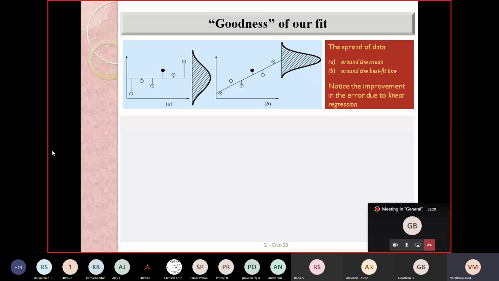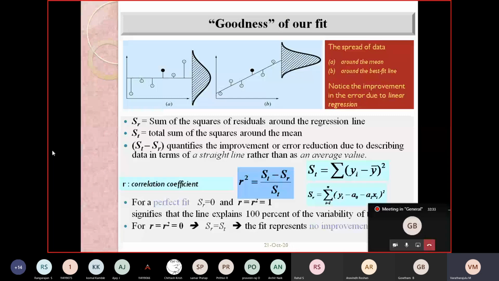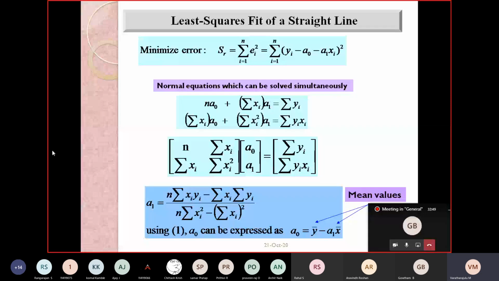During the consideration of the regression, it will automatically have a control over the error, and the other terminologies related to correlation are out of our scope, no need to worry about these various terms. What we have to learn is that there are two different mathematical models: a sigma x square plus b sigma x is equal to sigma xy, a sigma x plus nb is equal to sigma y. That is the thing we need to know, and others are not related to our scope.